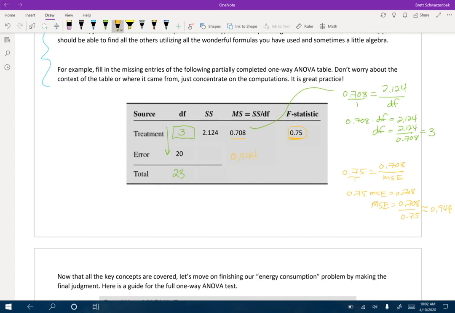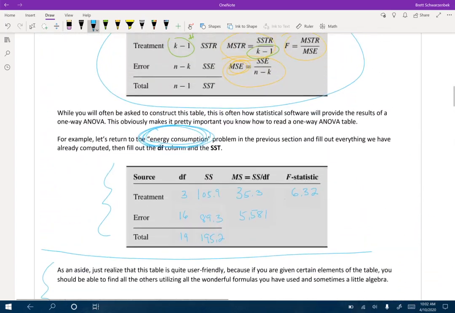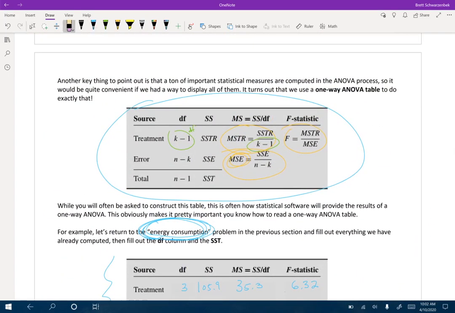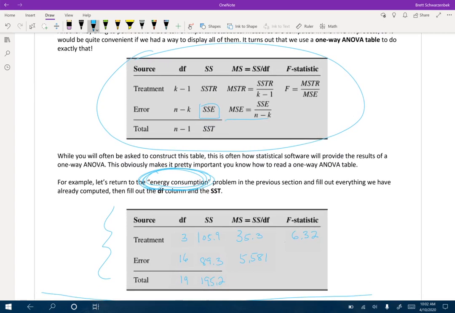And we found MSE. Okay, and lastly, we only have one more missing piece of information. It's technically the SSE. So let me get rid of the noise here. Okay. So SSE is our missing piece. So right now, in our problem, we actually have this and this. So we know that MSE is equal to this divided by this,